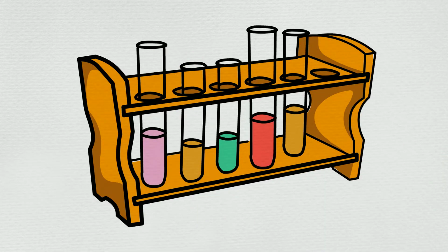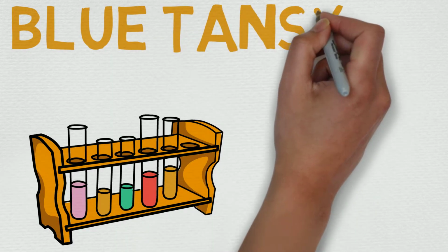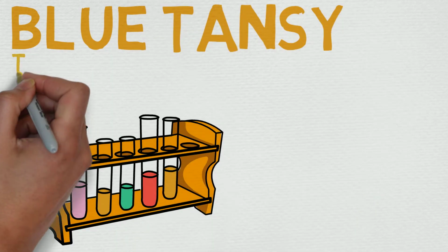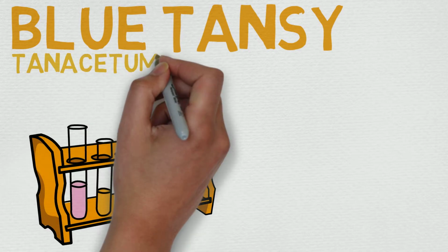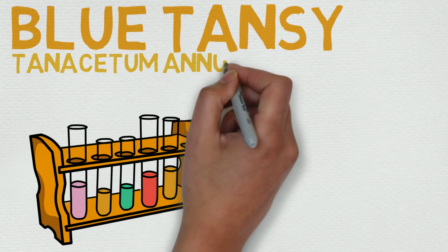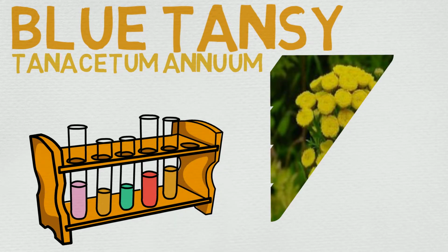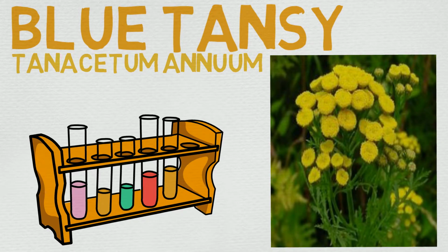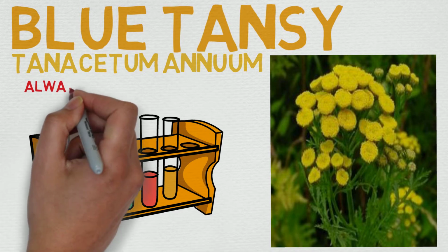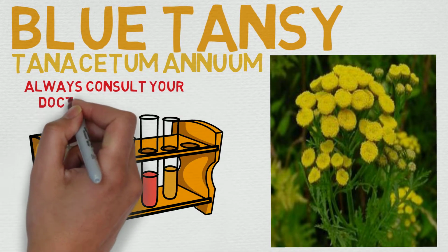Today, we have a very special essential oil in store for us, and a very unique one as well, but more on that in a little bit. Today, we're talking about Blue Tansy, also known as Tanacetum annuum. At least, I don't know. I know I'm pronouncing all these Latin names wrong, not my native tongue, of course, but pretty close to that at the very least. This flower is native to Morocco, which is pretty cool, so a little bit more tropical,